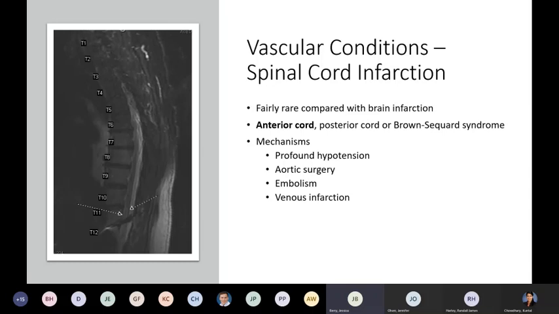You can also have venous infarction, which is even more rare, and that will occur due to occlusion of the venous drainage of the cord. When this does occur, it tends to be extensive. It has been associated with extensive DVT in the common femoral and internal iliac veins. Other predisposing conditions, such as chronic infection, polycythemia vera, ulcerative colitis, and pancreatic cancer, have been associated with venous infarct of the cord.